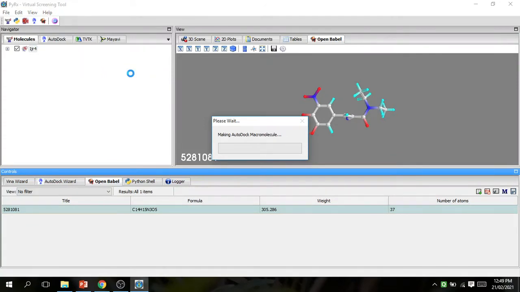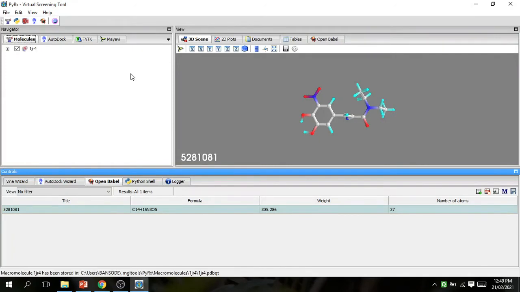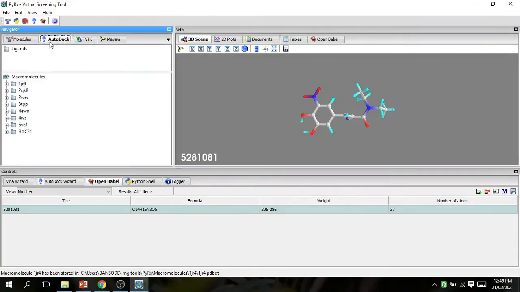It is automatically converted into a PDBQT file. Go to AutoDock. This is the 1JR4 converted PDBQT file, the COMT catechol-O-methyltransferase protein.